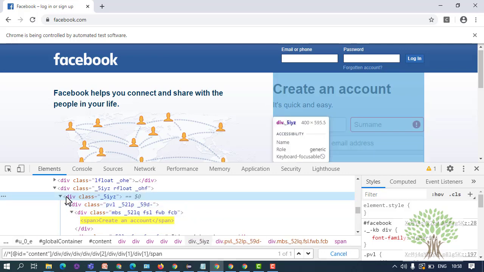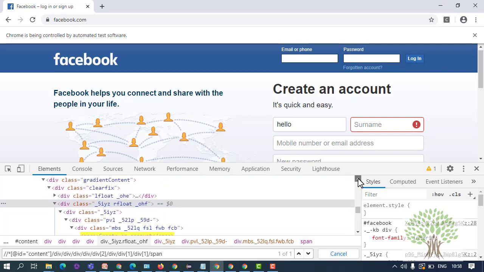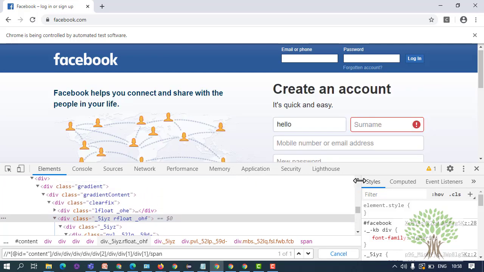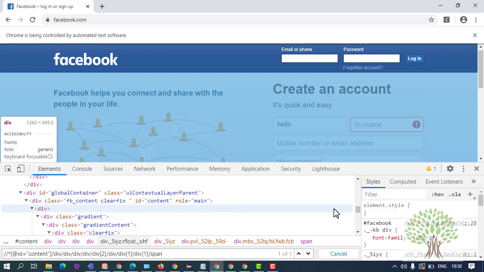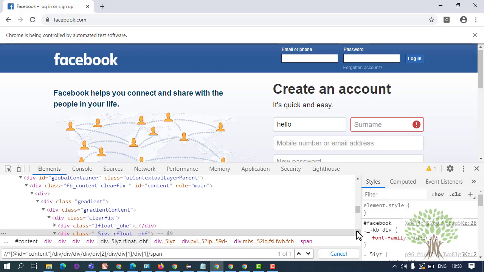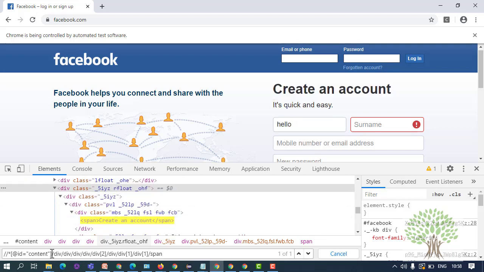So it keeps on traversing one tag above till the time it finds a tag with an ID, which is somewhere over here, a division with the ID content.